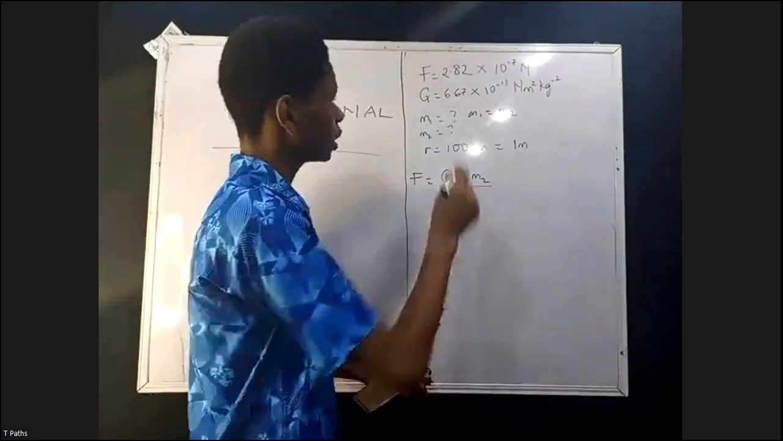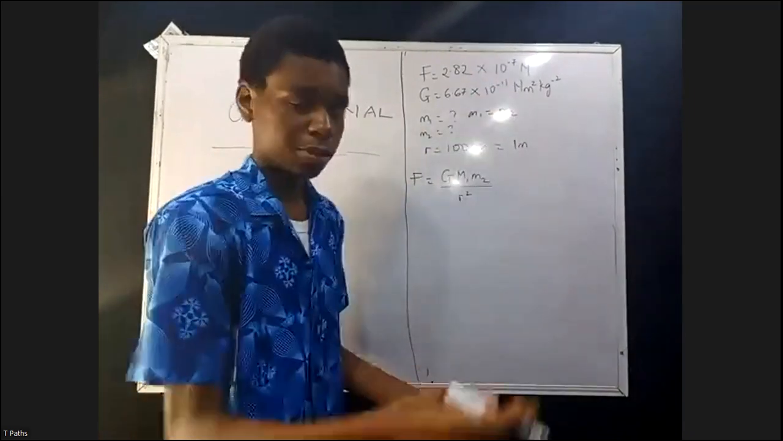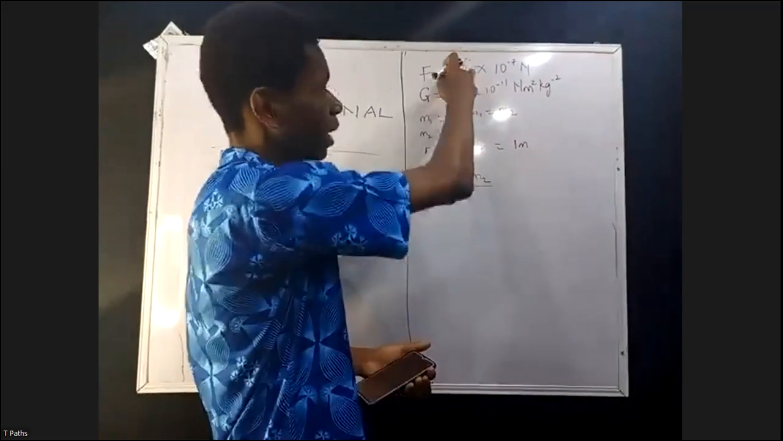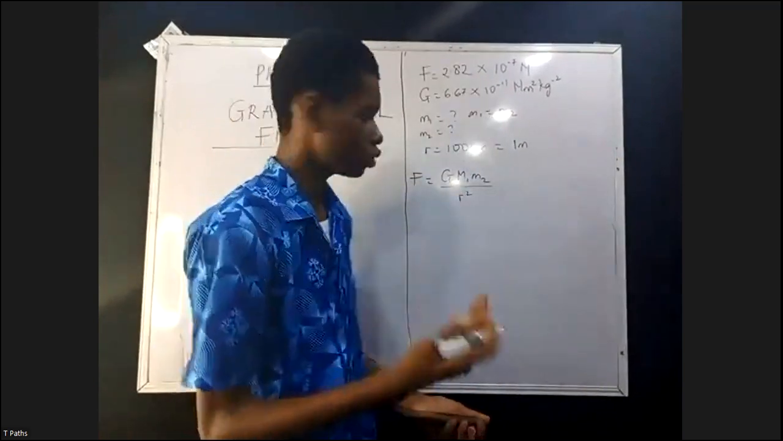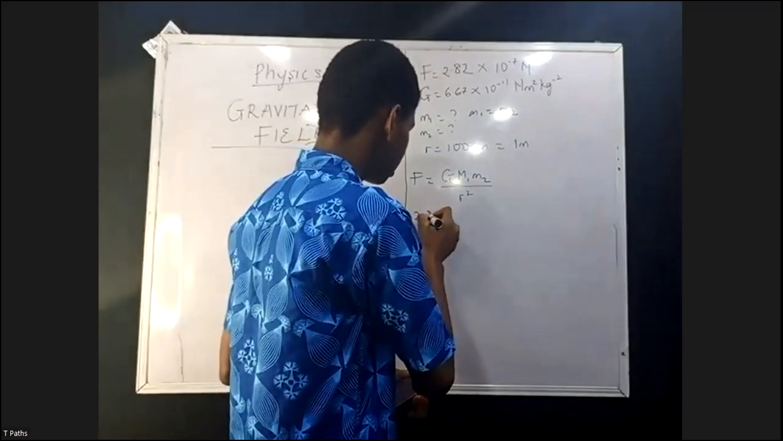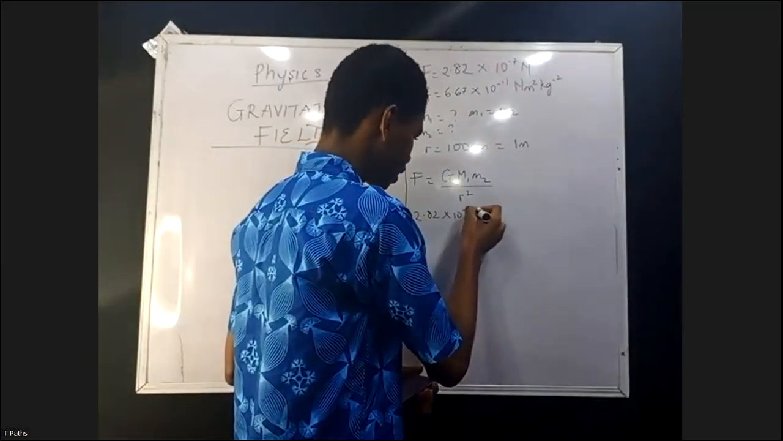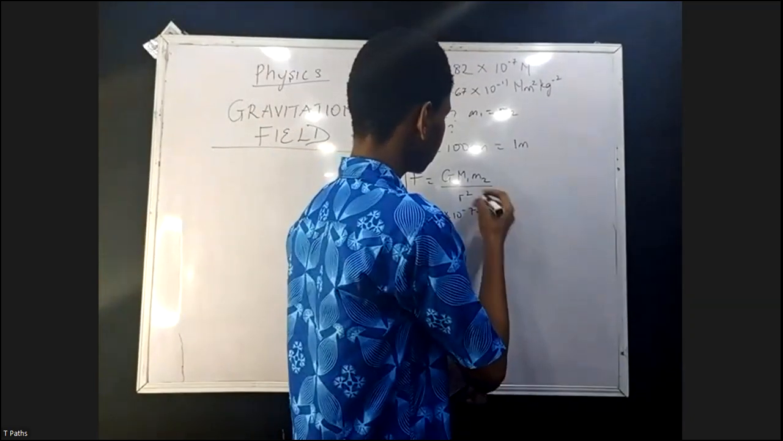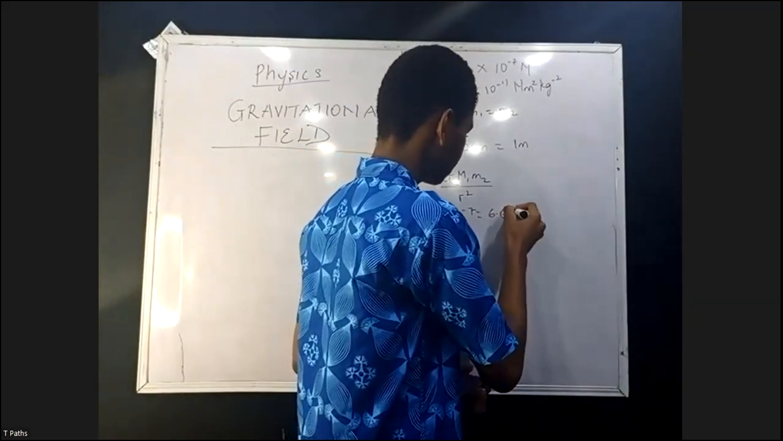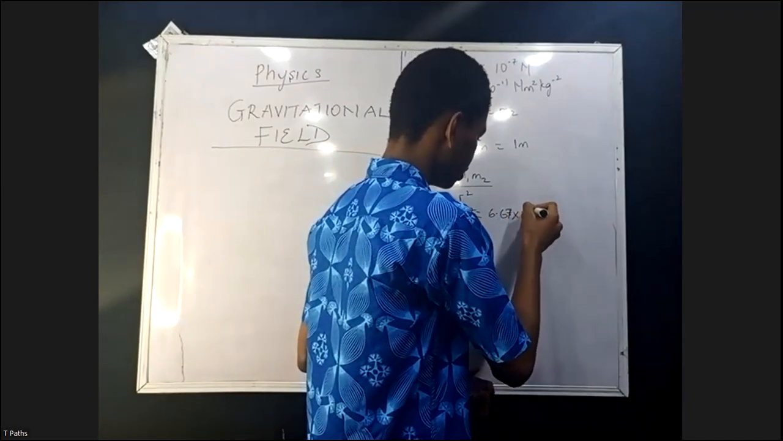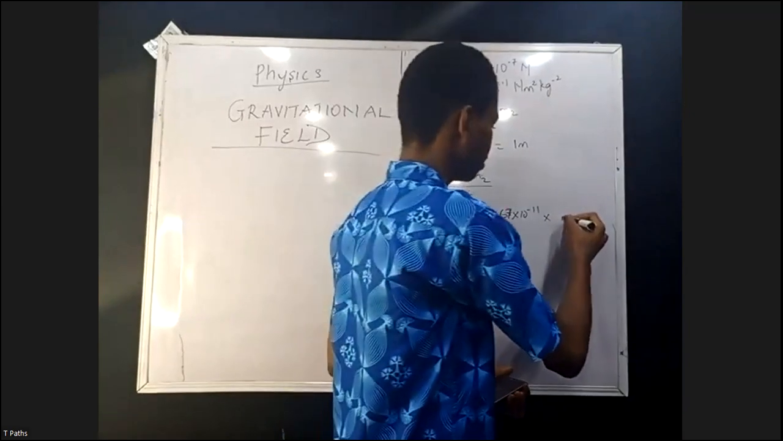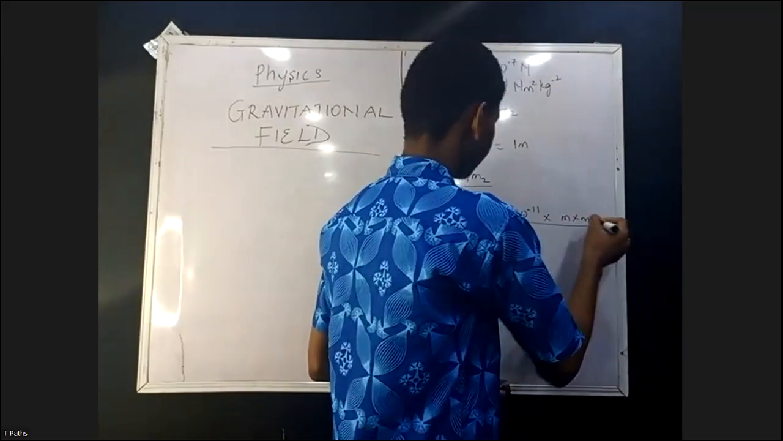So what I'm going to do is simply replace my parameters in this equation. What am I going to have? I'm going to have my F, the force of attraction between the two bodies. So I write 2.82 times 10 raised to the power minus 7 is equal to, what's my G? G is the universal gravitational constant, 6.67 times 10 raised to the power minus 11, times, since M1 is equal to M2, I can just say M times M, divided by